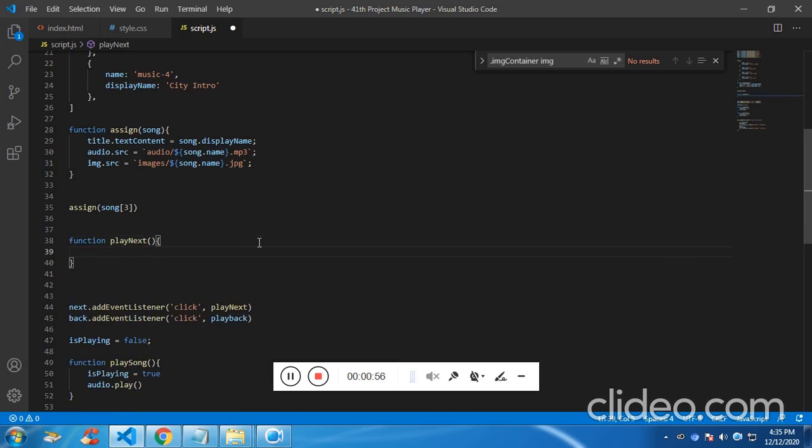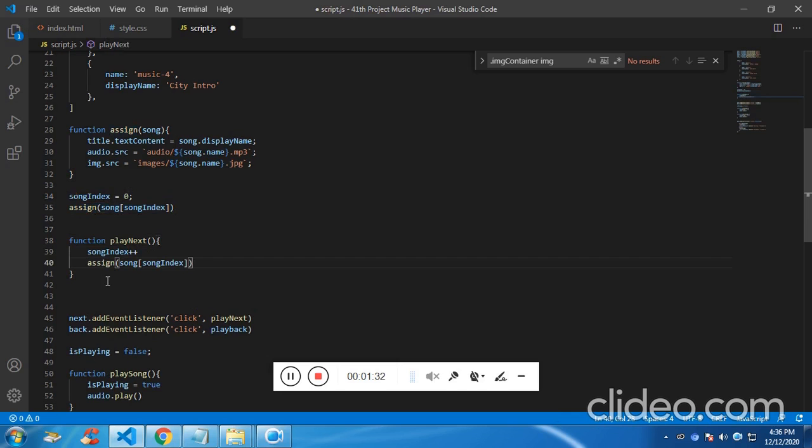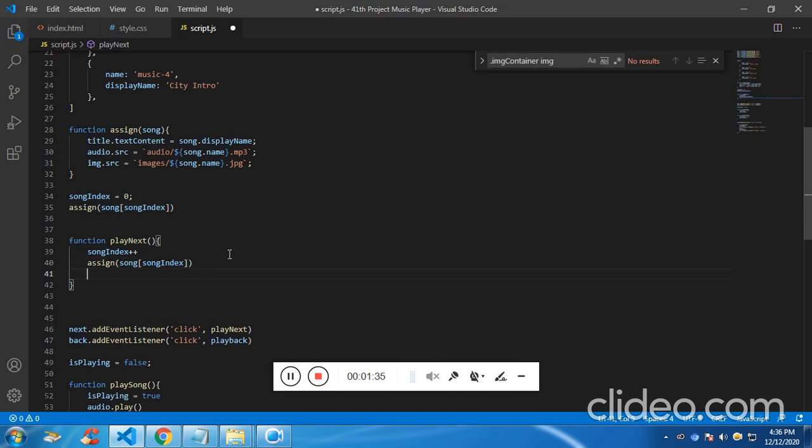And what it is going to do is, it is going to increment the value. So 0 is the first song, and if you increment 1 to it, the song index is 1. So song index equal to 0. Let's say 3, and we are going to pass this to this song. Fine. If it is 0, the first song will be played, and if you click plus plus, it is going to be 1. And then you want to assign the song index,